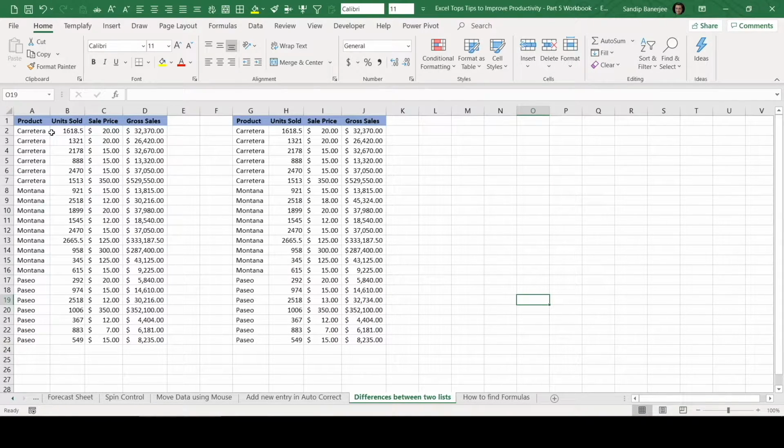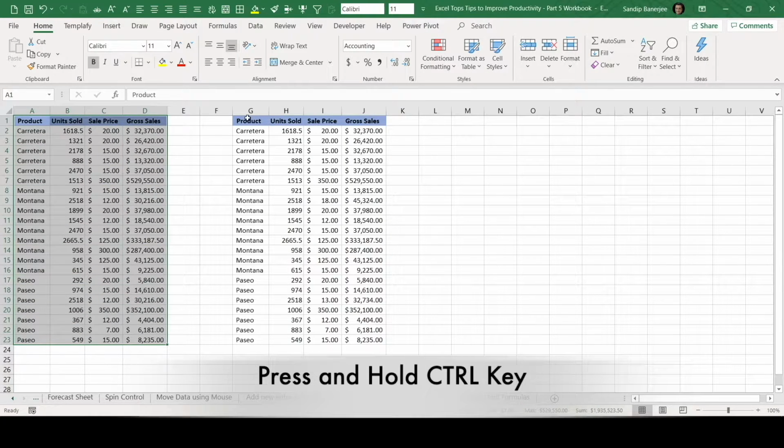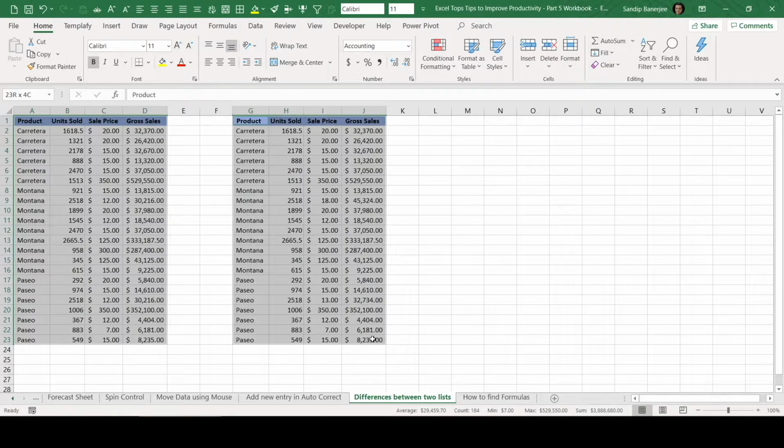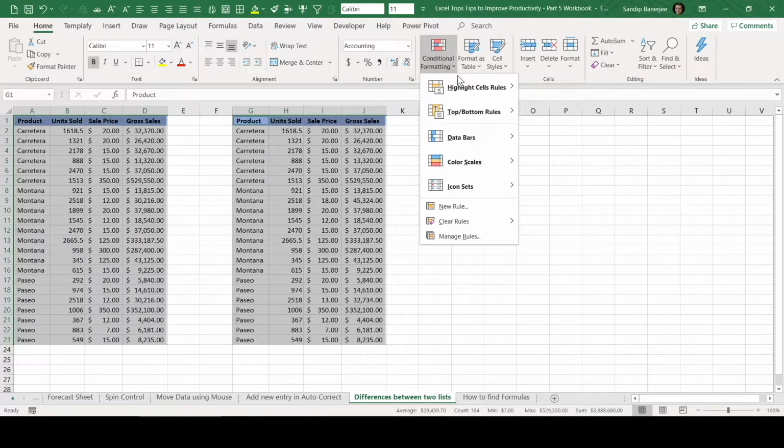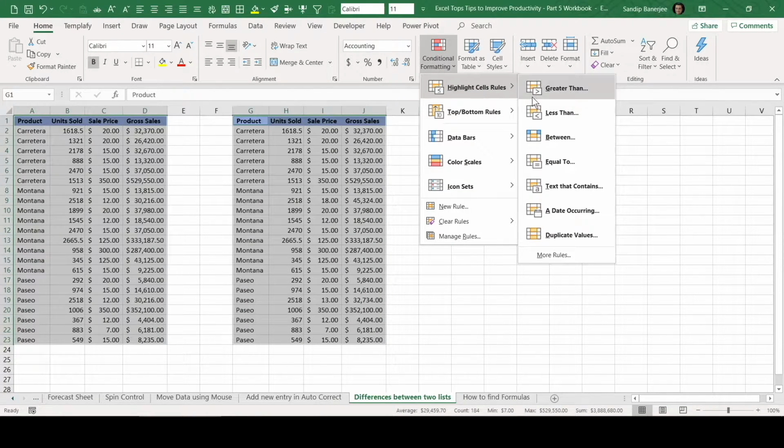So first of all, let me select the first data range. Now if I press Control and I select the second data range also, now both of the data sets are selected, right? Now what we need to do, we need to go to conditional formatting, this particular option. There you will find highlight cells rules and you need to locate duplicate values.